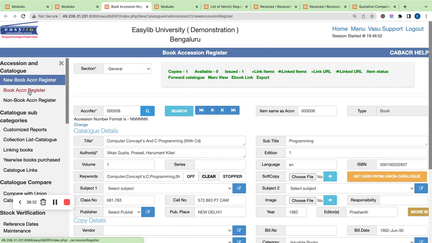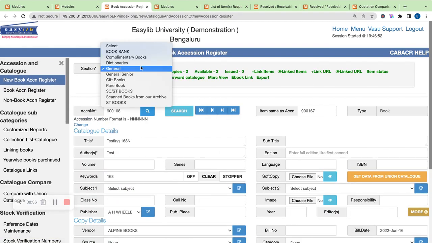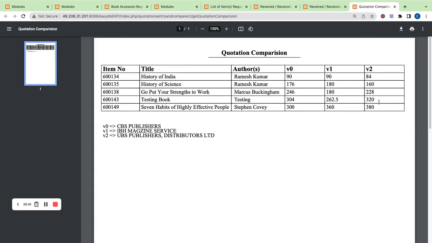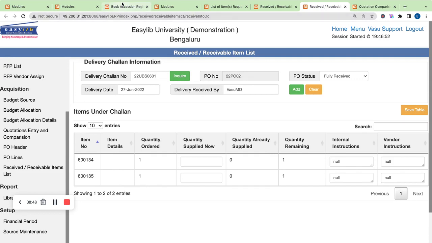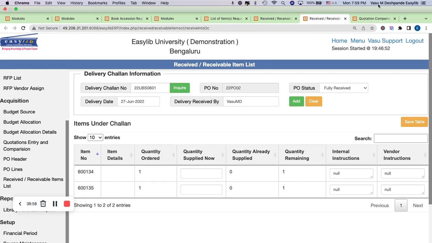So let me see here. Of course, here it's going to ask which is the section that you want, because general section, complementary, the rare books, you may want to put the book in a different section. But when you click on this, the last button, it will go into this particular screen with the section as general with the last one. So this is going to come like this,